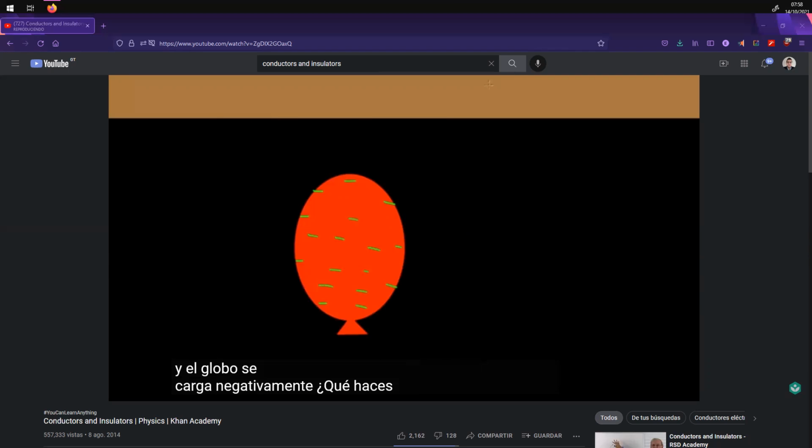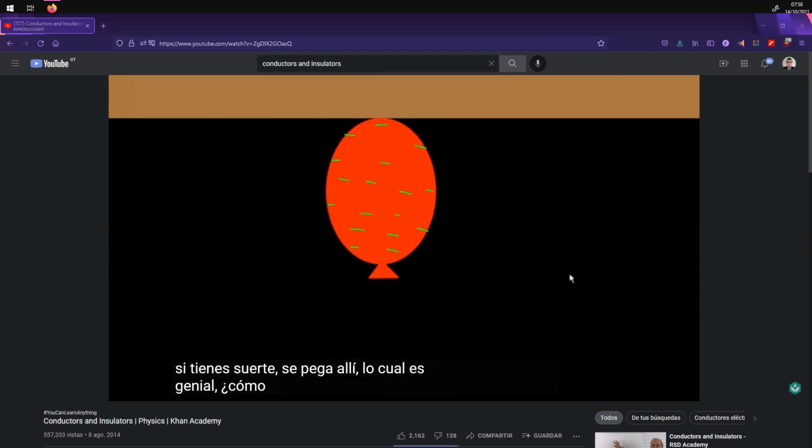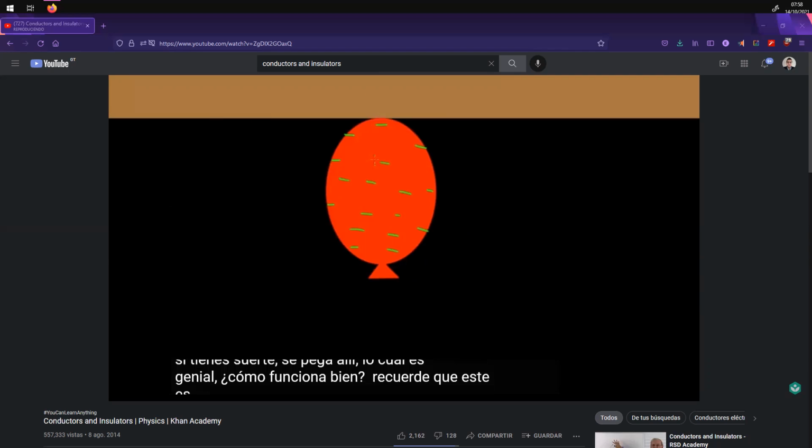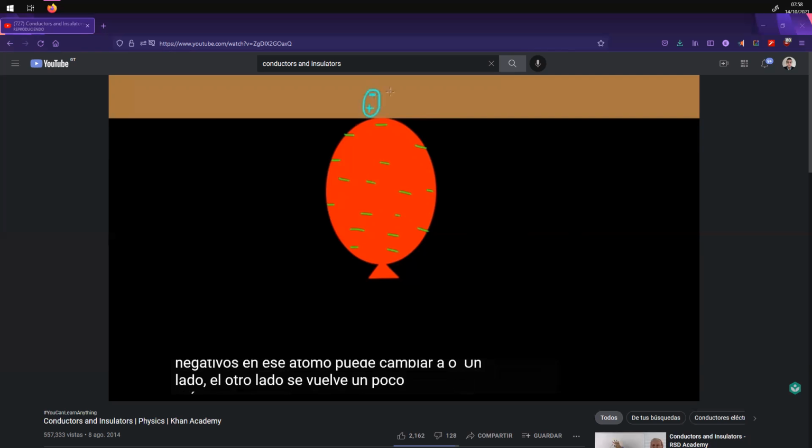What do you do with it? You know what you do with it. You take this thing, you put it near a wall or a ceiling, and if you're lucky, it sticks there, which is cool. How does it work? Well, remember, this is an insulating material, but even in an insulating material, the atom can reorient or polarize by shifting. The negatives in that atom can shift to one side, the other side becomes a little more positive,